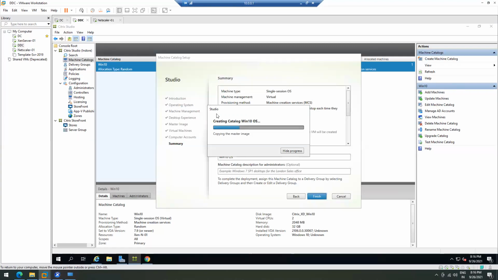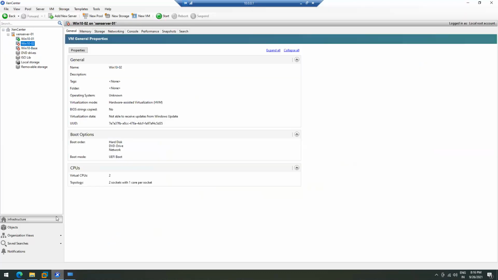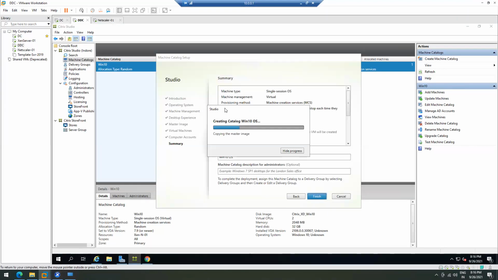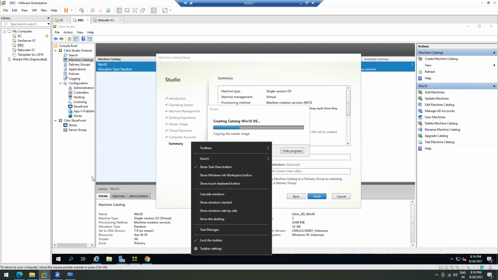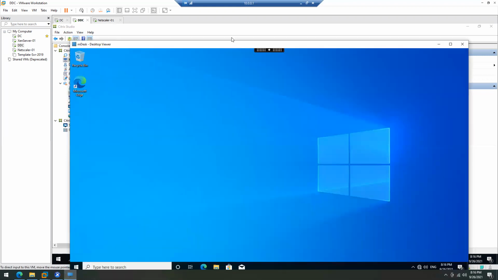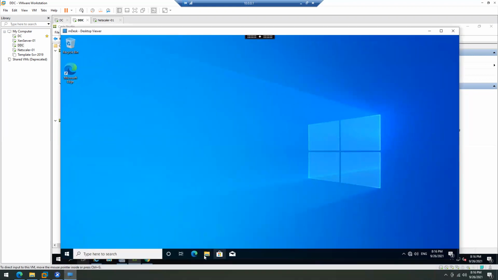Windows 10.01 and Windows 10.02 are both virtual machines which we created from the base image. I created those machine catalogs earlier from the Windows 10 base image. It will take a while to copy data. This is a session that I am running with the first machine catalog.